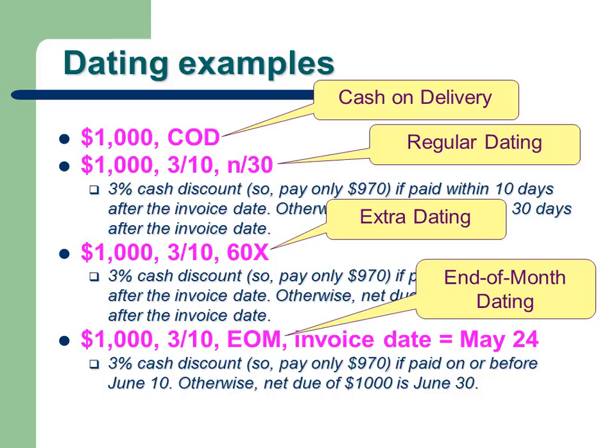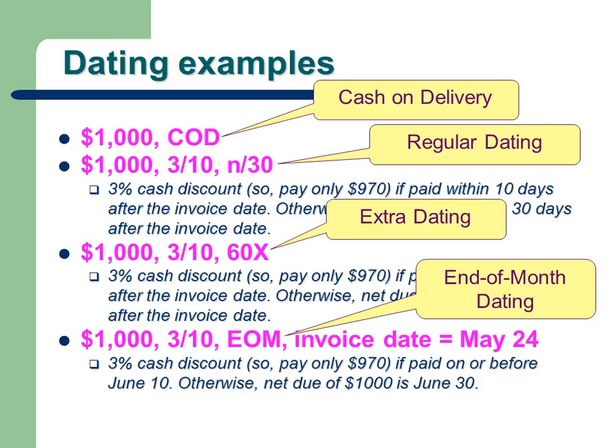So you are going to get a 3% cash discount if you pay this bill on or before June 10th, 10 days from May 31st, EOM. Otherwise, your net amount of $1,000 will be due on June 30th. When nothing is mentioned about the net, we assume that you're going to have 30 days for net due, right? So in this case, 30 days from EOM, from May 31st, so that makes the net due date June 30th.